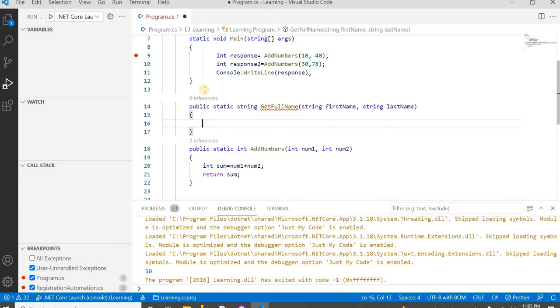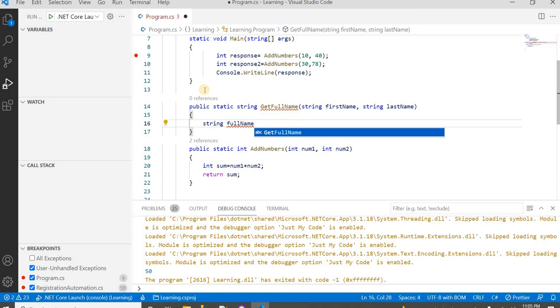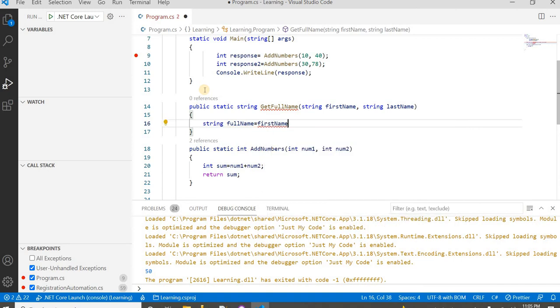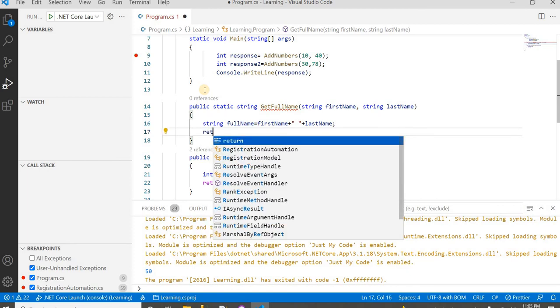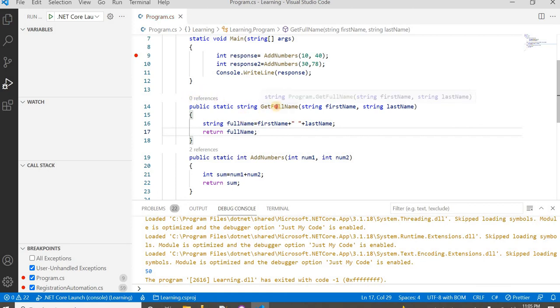Whatever is passed, it will take another string as fullName and combine both the first name and last name, and we have learned how we can combine in our earlier videos. Full name is returned.